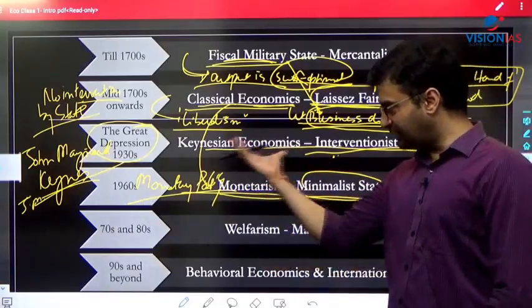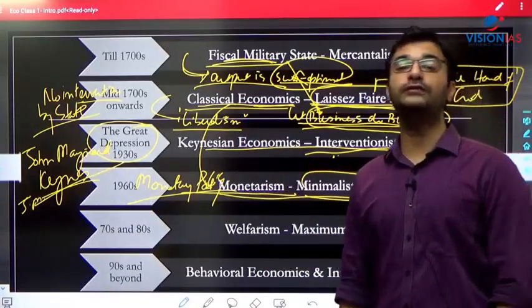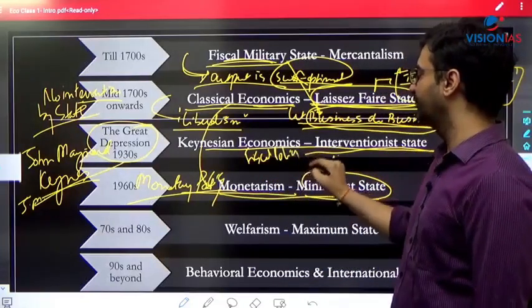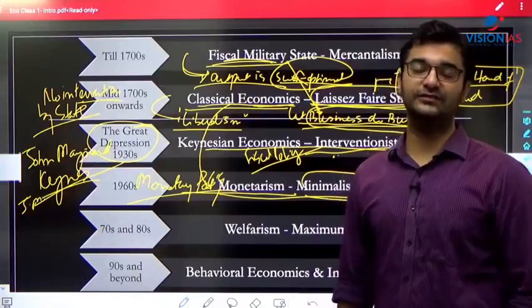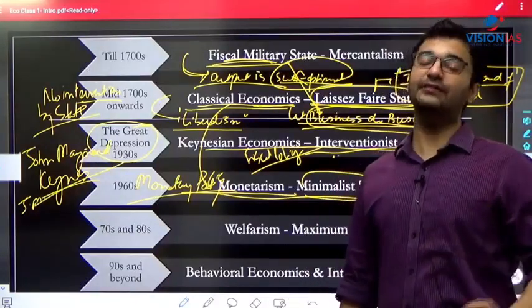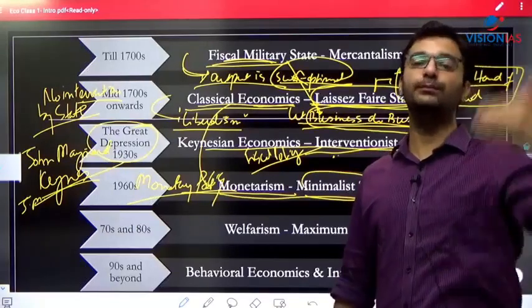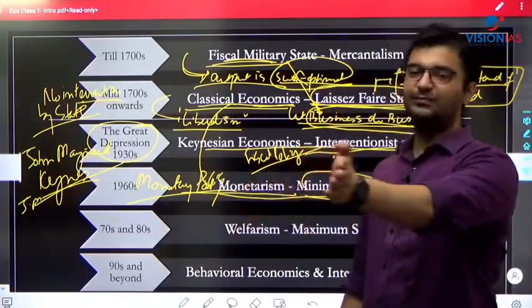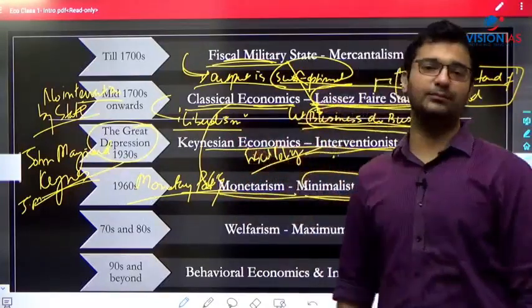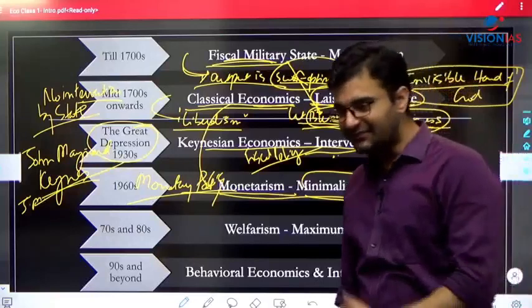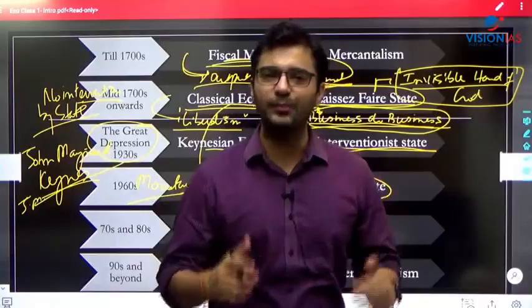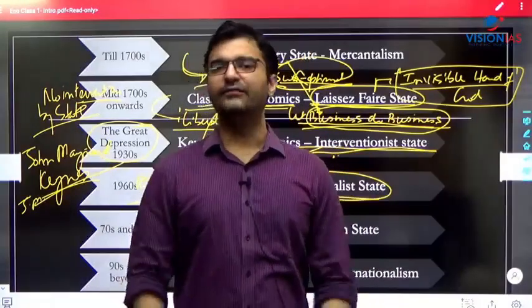Keynesian economics talks about the role of government, or fiscal policy. Fiscal policy is the policy made by the government. How would government spend? Where would government spend? How much would government borrow? In which sectors would it spend? Keynesian economics is concerned with fiscal policy. But excessive spending by the government, if government spends excessively, that would create